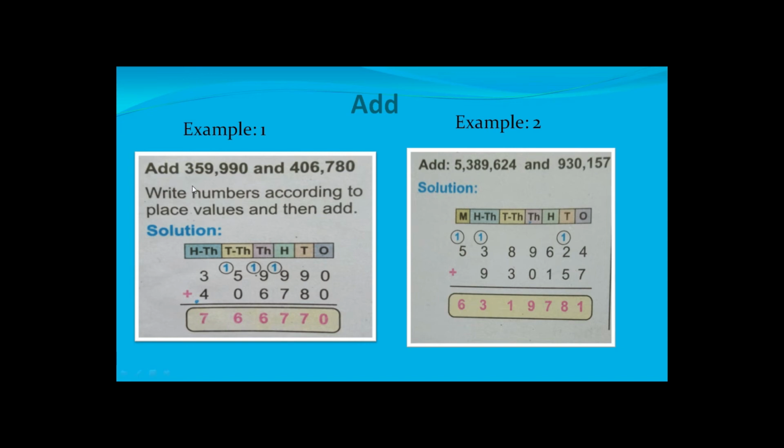Here are two examples which I have taken from your book. First one is add 359990. How will you read it? You will read it like, first you can see over here, this is ones place value, 10, 100, 1000, 10,000 and 100,000. So you will read it in the form